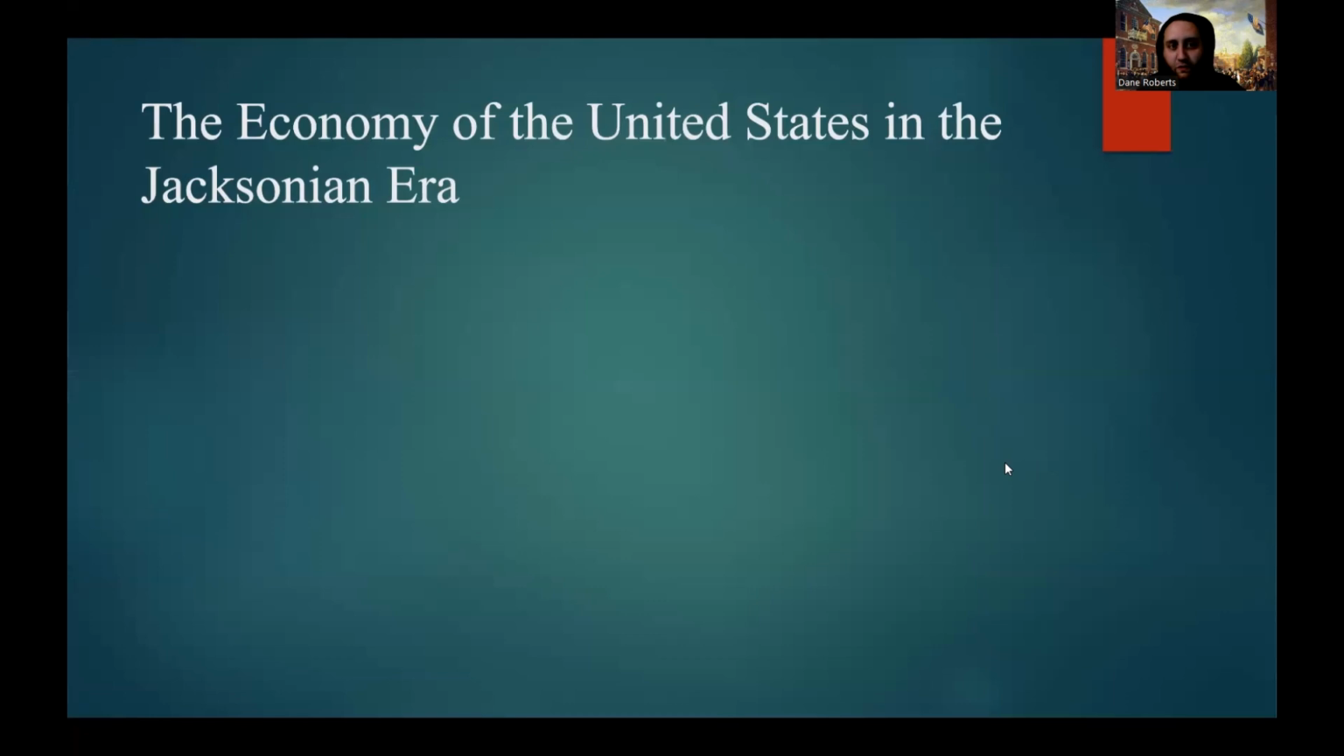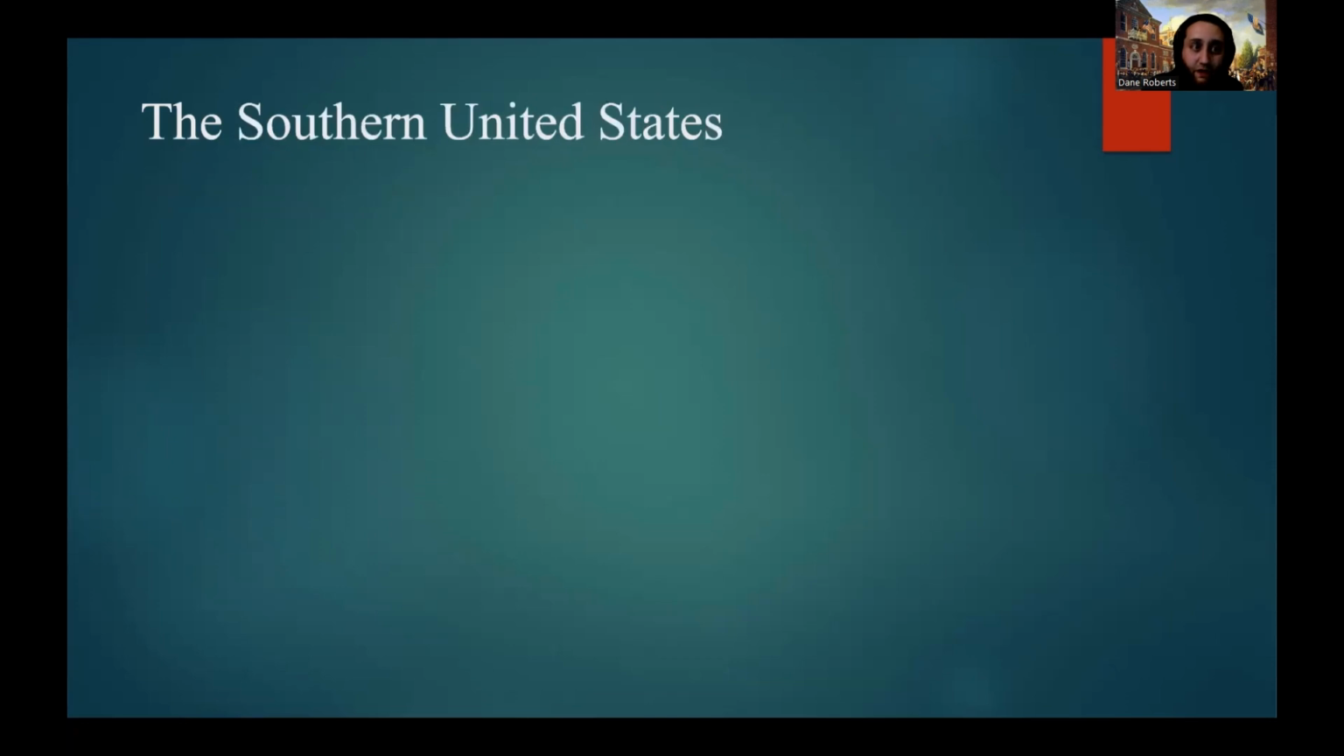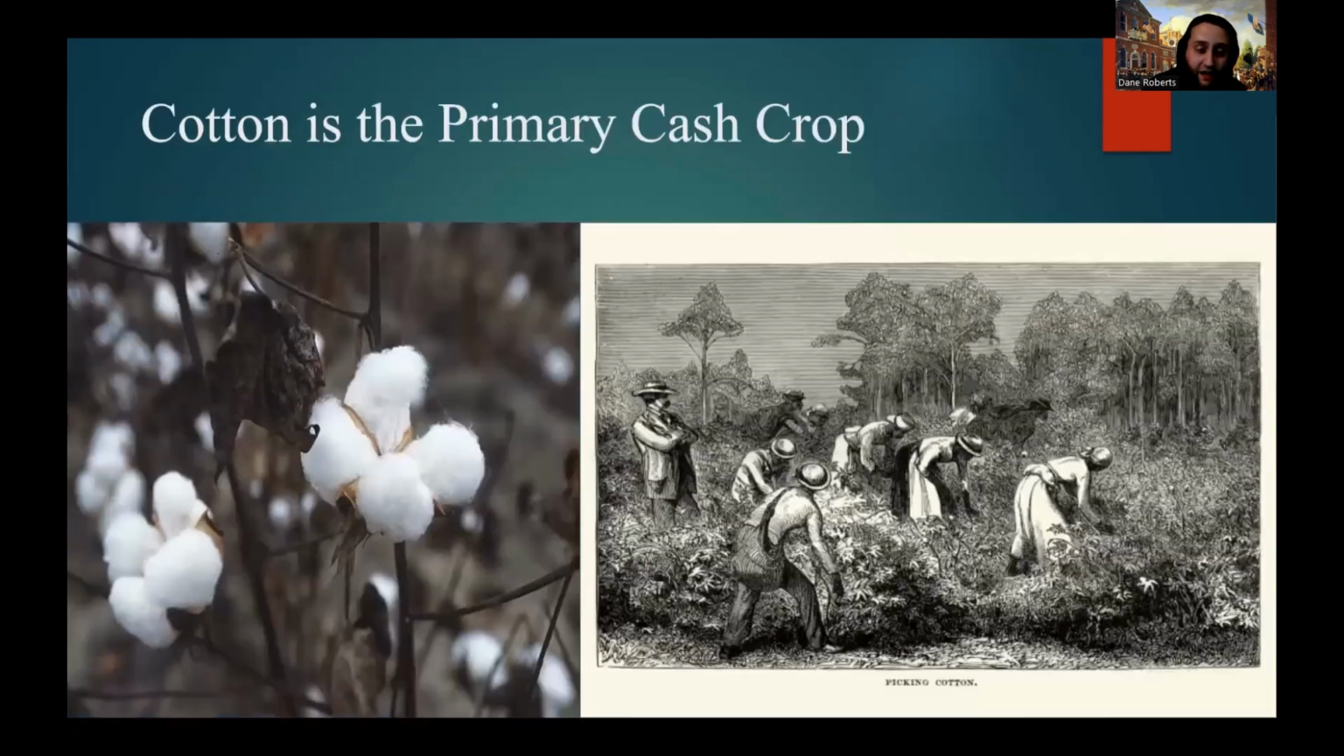Now, this brings us to our next section that is connected to the agrarianism, the agriculturalization of the antebellum South, and its practice of chattel slavery, as well as the urbanization of the northern states. And that is the economy of the United States in the Jacksonian era. Again, starting with the southern United States, where the primary cash crop is cotton,